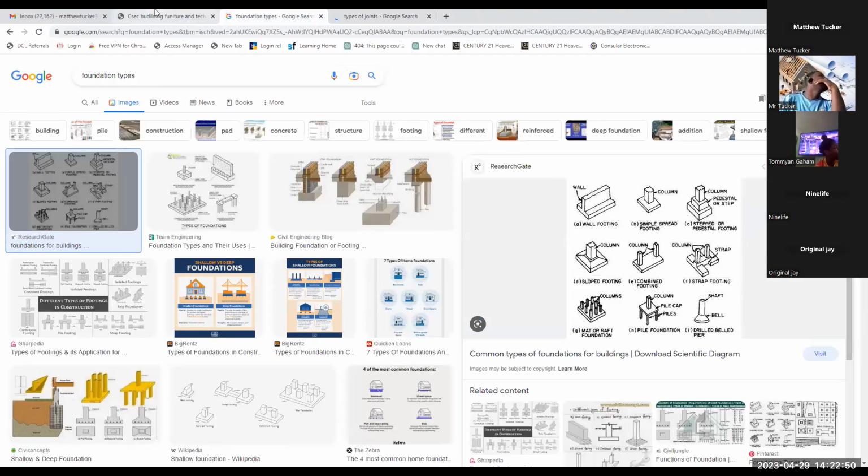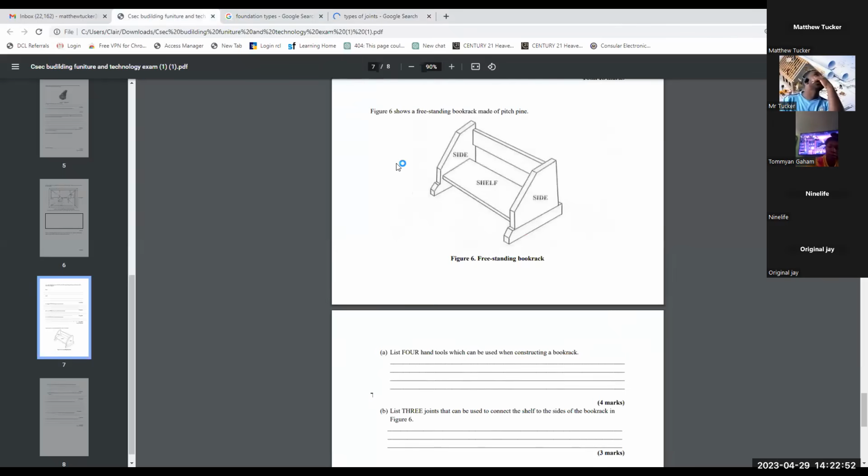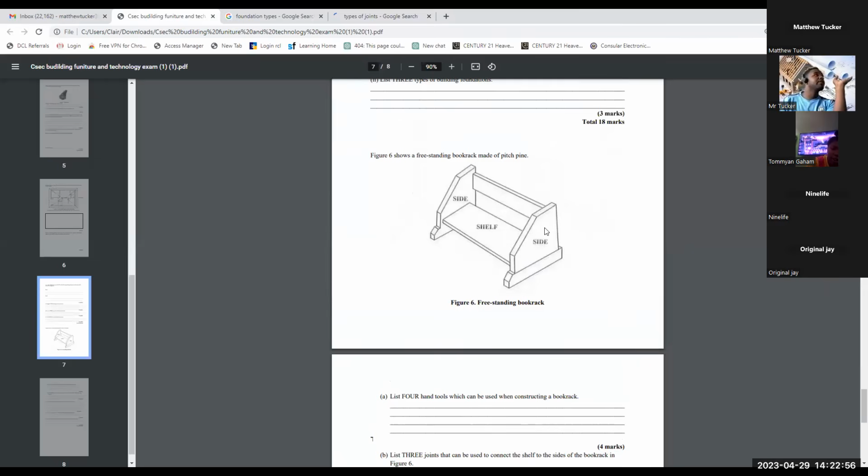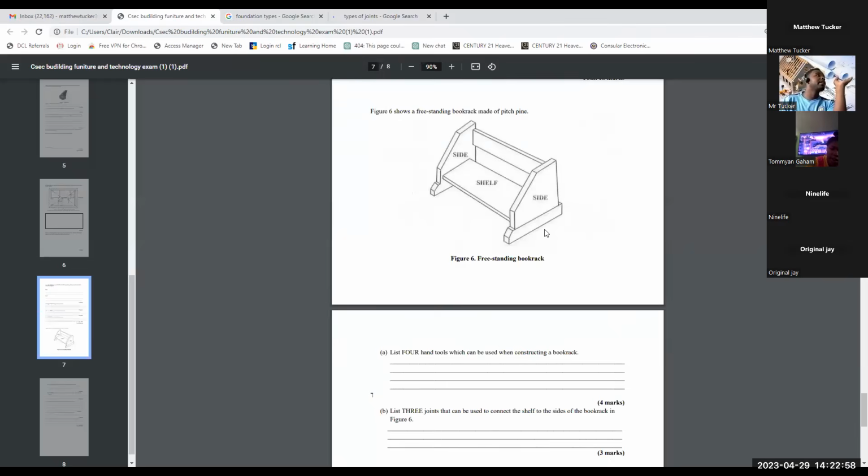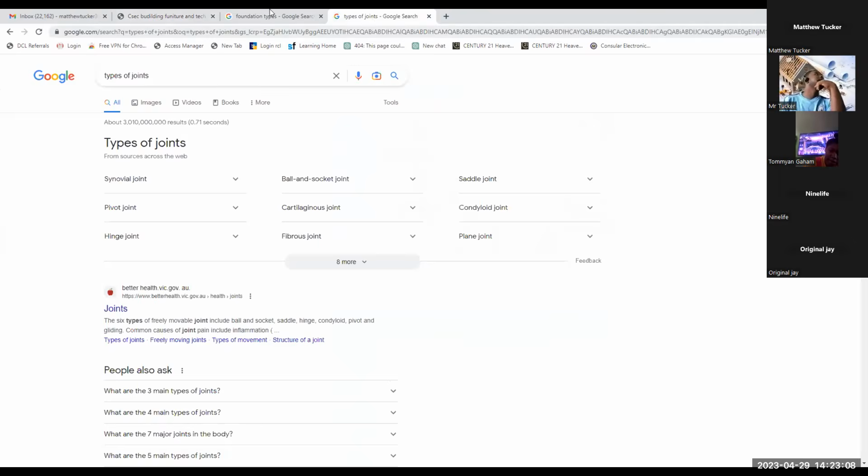So Tamian, this is the bookshelf that they are asking about. They say list three joints that can be used to connect the shelf to the sides of the book rack. To the sides, look at the sides. Sides right here. Again, if you look at the types of joints,